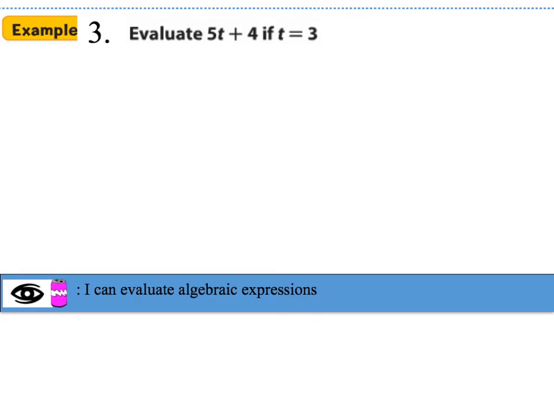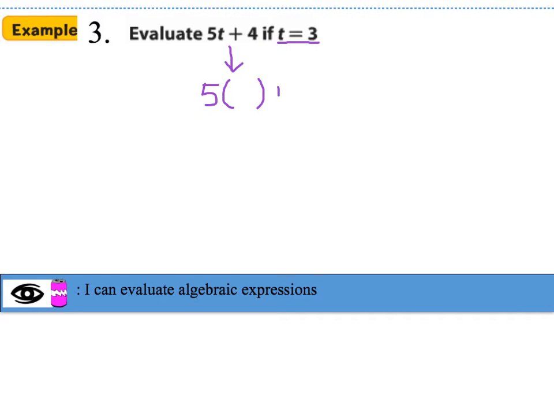So for example 3, they say evaluate 5t plus 4 if t is equal to 3. So I know that the value of t is 3. And our algebraic expression is 5t plus 4. And once again, you know this is an algebraic expression because it has operation symbols, it has variables, and it has numbers. So what we're going to do is, we know that whenever the variable is standing next to a number, they're multiplying. So I'm going to write 5 multiplied by